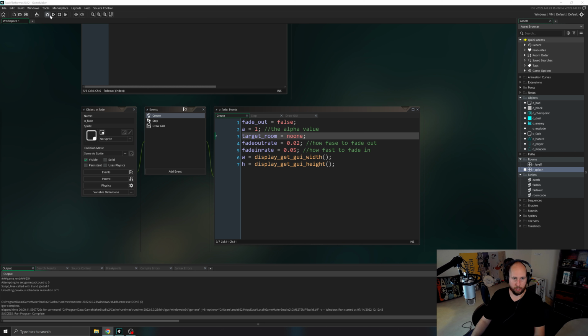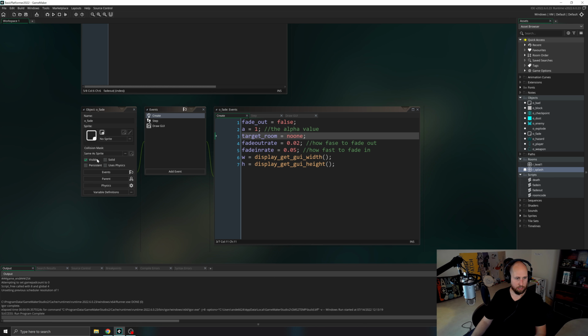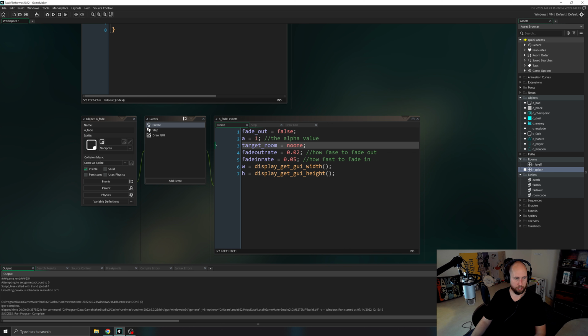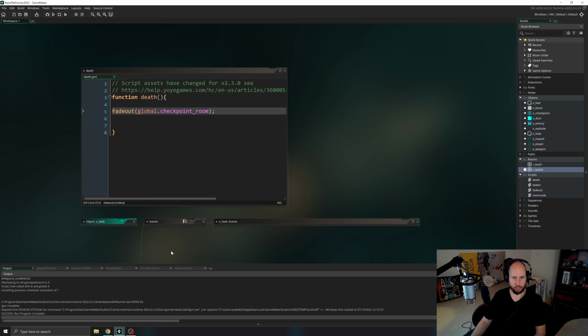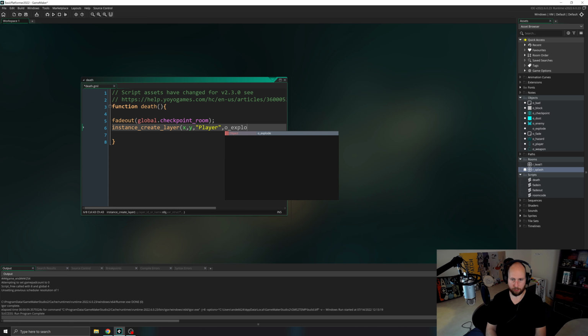So you'll notice when I run the game that our character can still be controlled after dying. I touch this hazard and my character can keep running. We don't want that. So let's change it a little bit so that's not what's happening. Let's make the o_player explode. So in the death script, right after the fade out script is called, add instance create layer x y, player layer, o_explode,